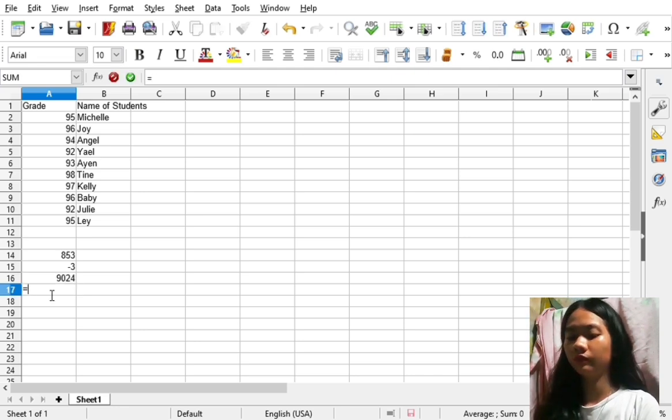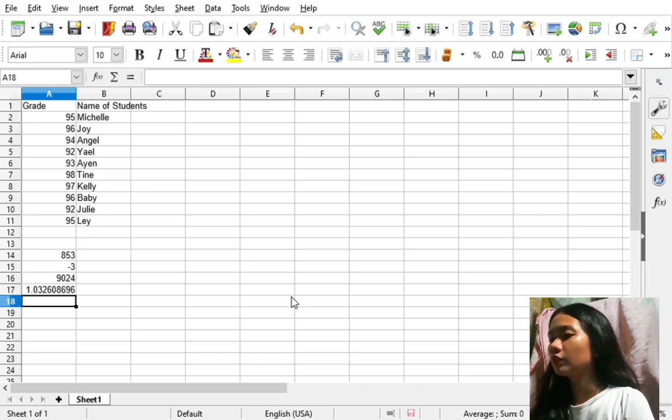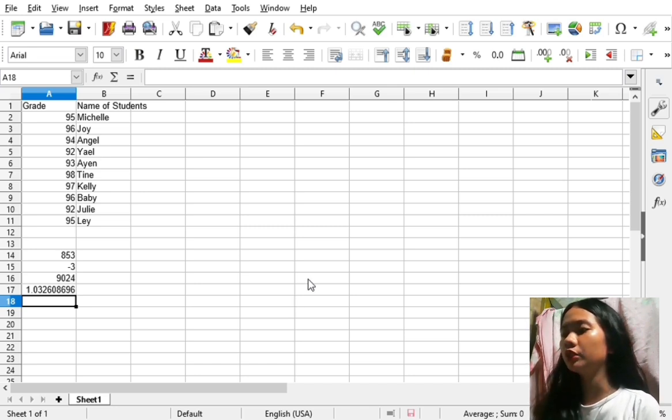Equals A2 slash A11, 10. So we've done the arithmetic operations.